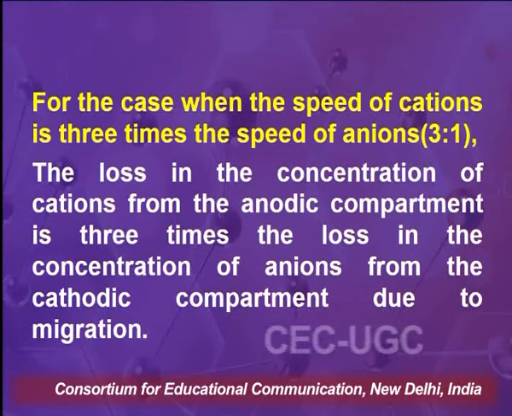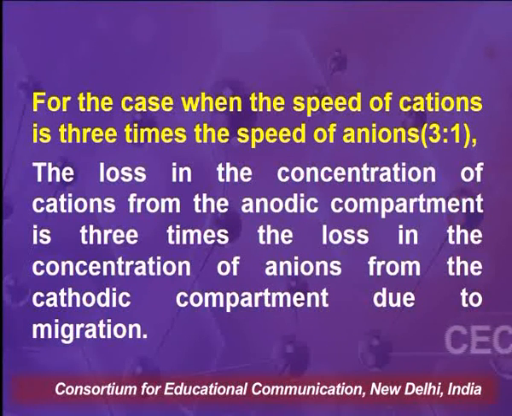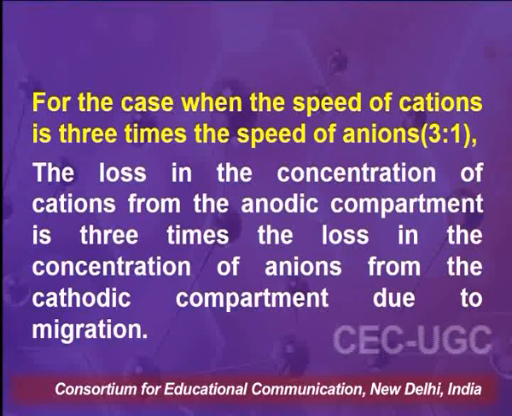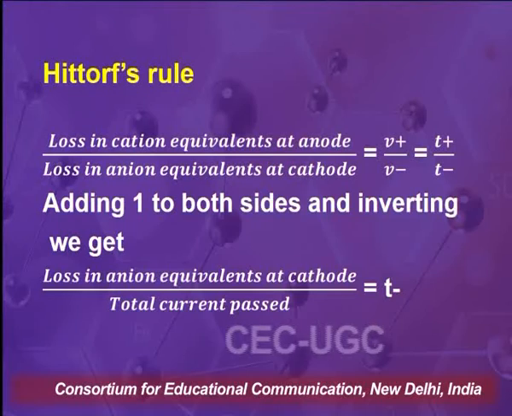Thus, for the case of equal speeds, the loss in the concentration of cations due to migration from the anodic compartment is equal to the loss in the concentration of anions due to the migration from the cathodic compartment. While for the case where the speed of the cations is 3 times the speed of the anions, the loss in the concentration of cations from the anodic compartment is 3 times the loss in the concentration of anions from the cathodic compartment due to migration. This leads to Hittorf's rule, which I will be discussing in my